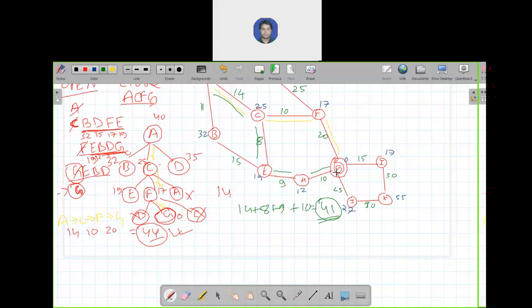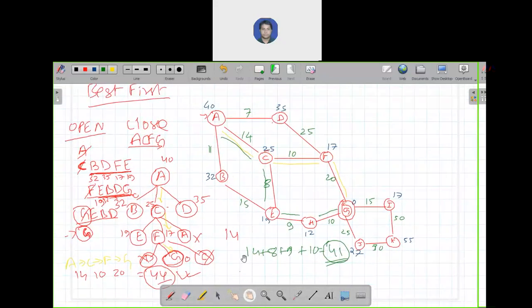It follows only one path. If it used breadth first search or any uninformed search technique, it would explore the whole search space. When you explore the whole search space, it will take a lot of time. Okay. Is it clear?